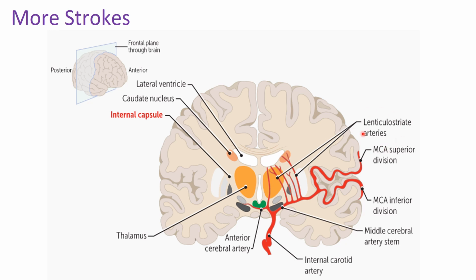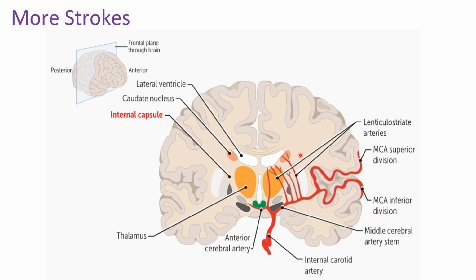The lenticular striate arteries are doing those deep brain regions. And because they're doing those deep brain regions, that could cause damage to the caudate nucleus, the thalamus, your putamen, your globus pallidus, your substantia nigra, subthalamic nuclei. All of those deep brain regions could be damaged with the lenticular striate vessel occlusion or